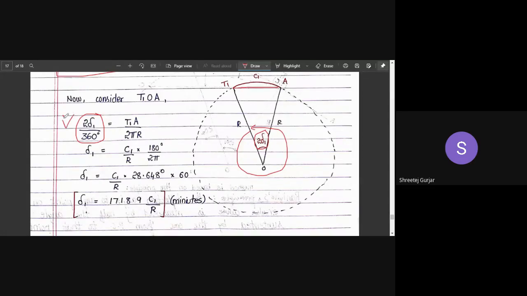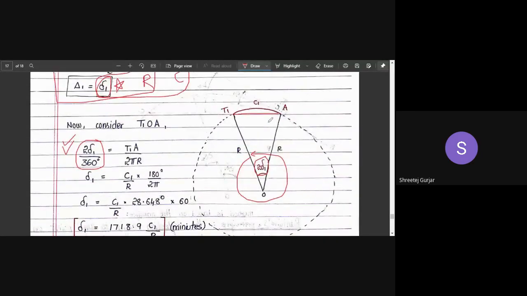So that is what I have written here. First thing that you have to write in numerator is for the sector, and in the denominator you can write for the whole circle. Okay, for the sector the angle subtended is 2 delta 1, and for the whole circle, a circle is made up of 360 degrees.